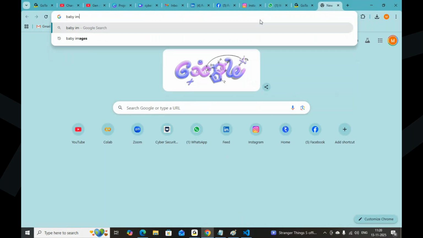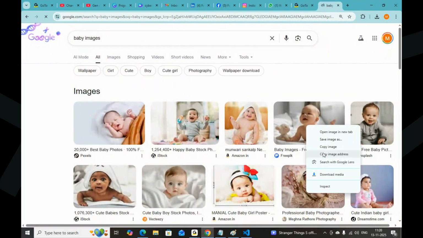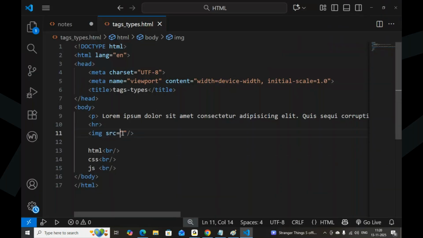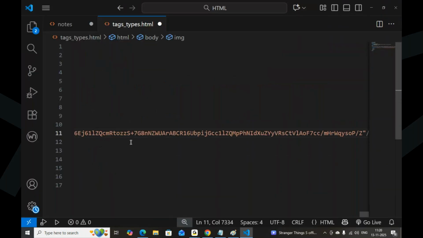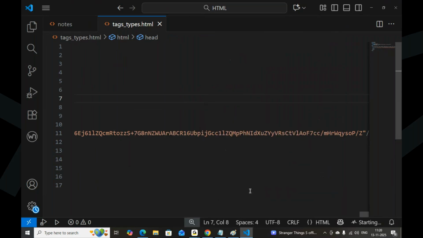Baby images. Copy image address. Keep it inside the SRC. Right click on this, open in live server.